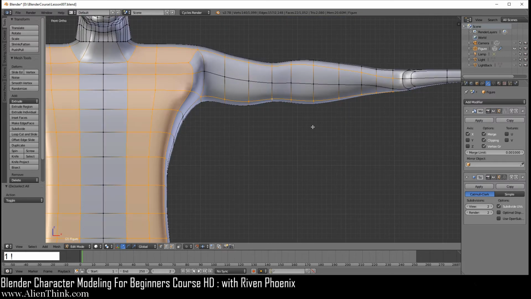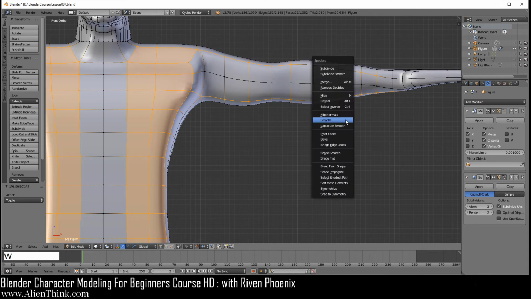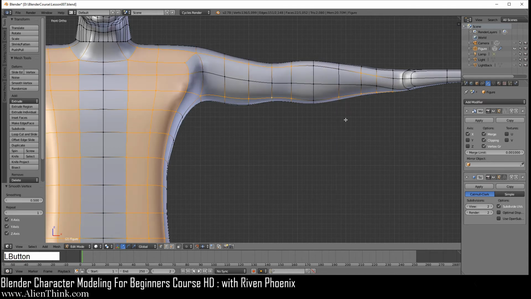Now press the 1 key to go into your front view. Over here you see that it's curving in, then it's going to go on top, and then right on this vertex, Shift and right click to deselect this one and this guy. You're also going to deselect this one over here, and then finally this one. So this is the first pattern that we have to deselect. Now press W and smooth one time.